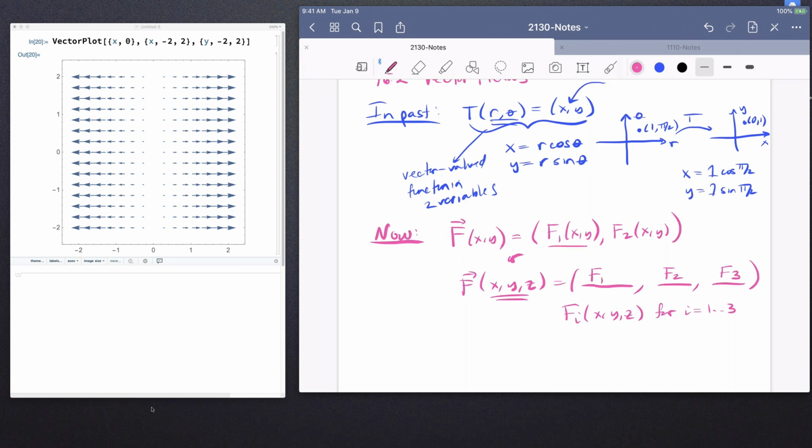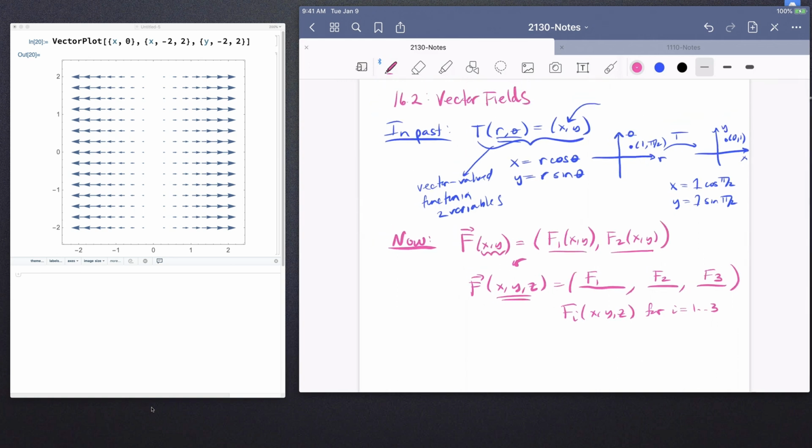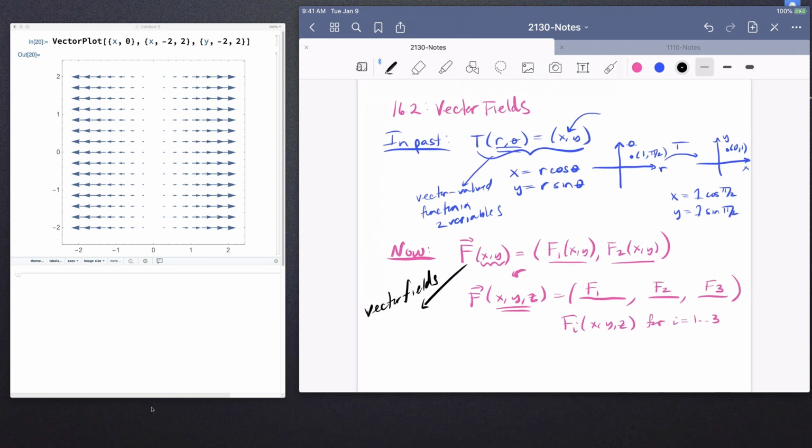Okay, so these are the kinds of functions that we're going to look at now, vector valued functions in a certain number of variables. We're going to call these vector fields, and we will give a geometric description of them on the next page. So we have two types of vector valued functions, and it's just up to their interpretation for how they will be treated. Okay, so in this section 16.2, we're going to focus on vector valued functions in two variables